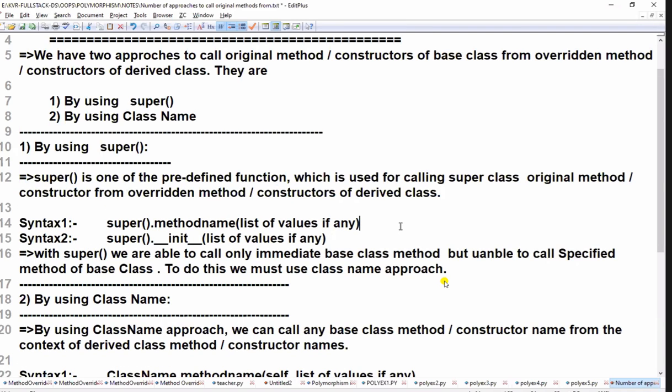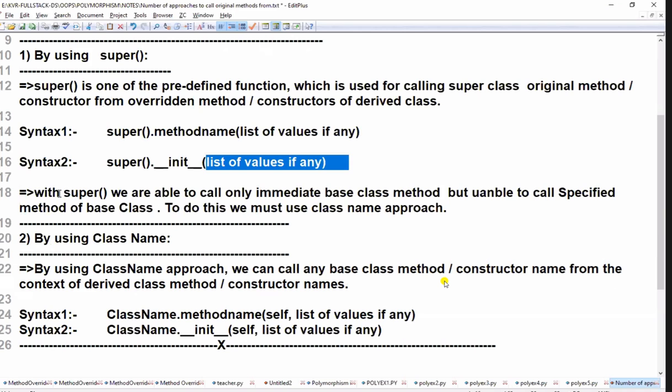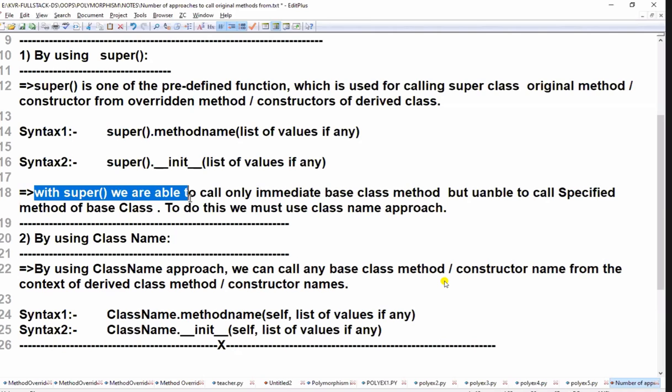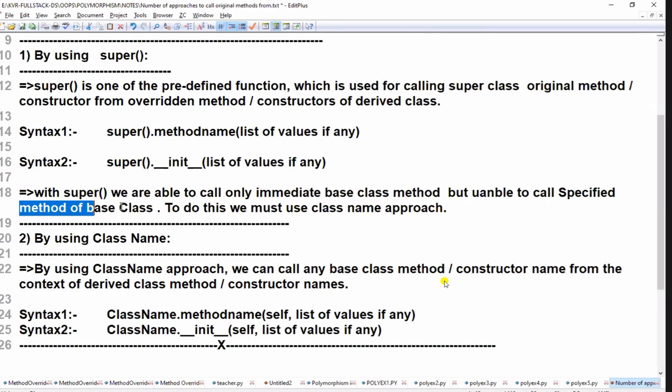Syntax 1, syntax 2. Please look at syntax 1 and syntax 2. super().method name, list of values if any. super().__init__, list of values if any. Next, with super, we are able to call only the immediate base class method, but not able to call a specified method of a base class. Immediate base class method you can call, but you cannot call